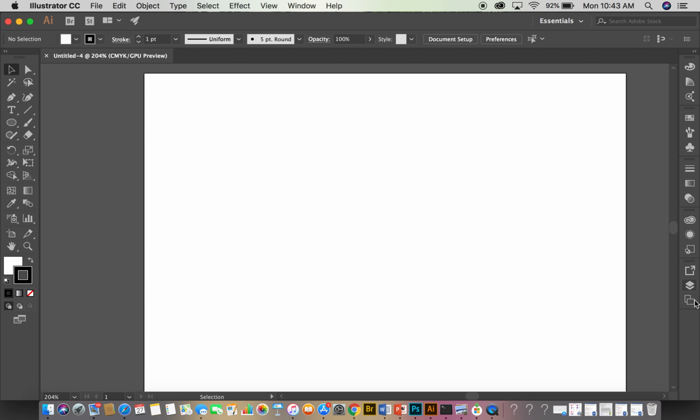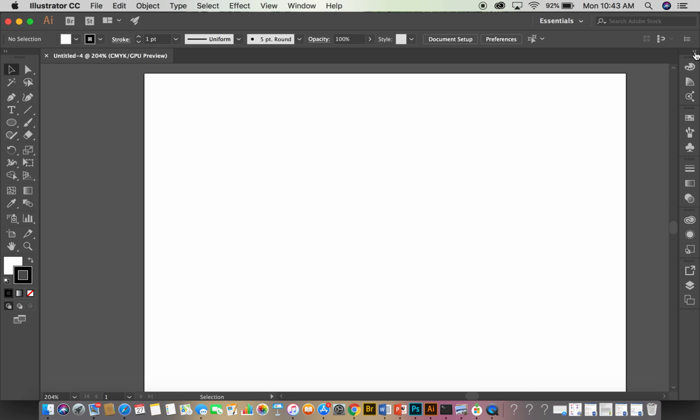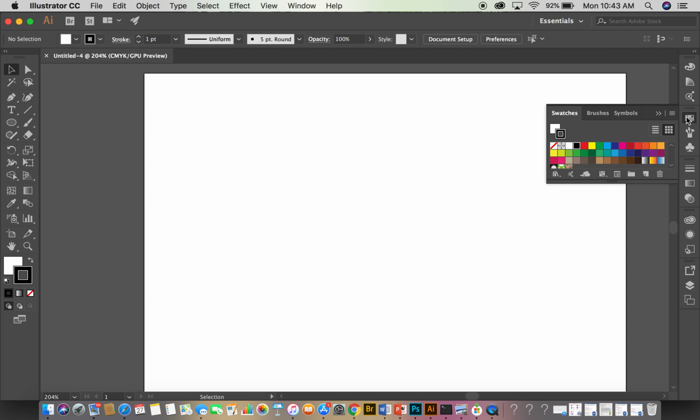So right up here, this is the palettes panel. You can expand various palettes by clicking these arrows. You can also click on the icons in this toolbar on the right, and you can see the different tools under each palette. So for example, this is the color palette, color guides, color themes. To close it, I click those double arrows. So there are tabs that you can see as well if you go through all of the content, color themes. This is for your brushes and your swatches, so different brush sizes, different symbols if you would like to use